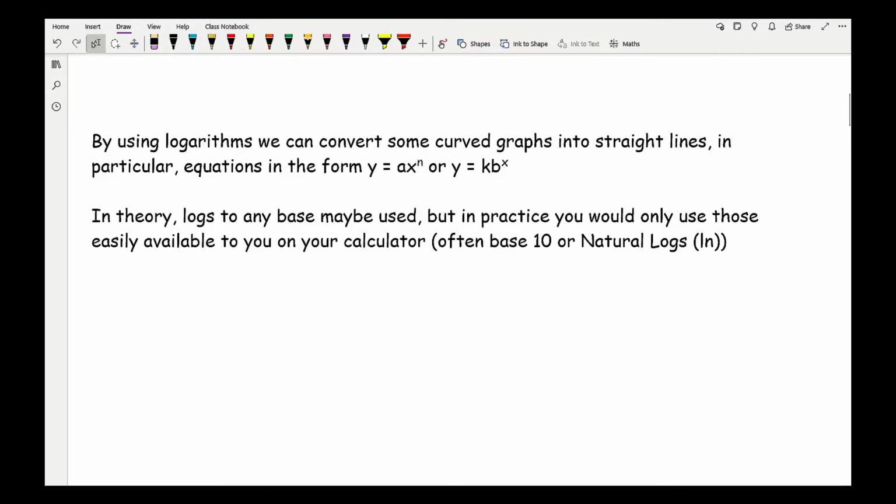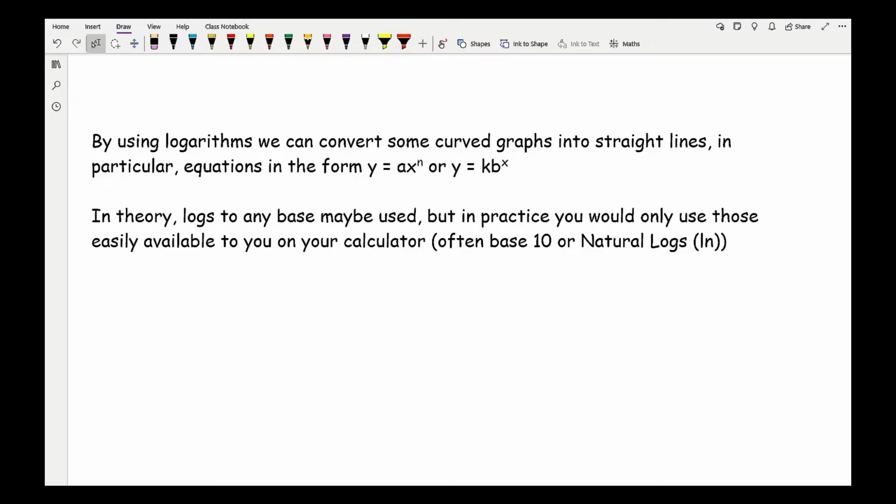Now by using logarithms, we can convert some curved graphs into straight lines, and in particular equations in the form of y equals ax to the power of n or y equals kb to the power of x. We're just looking at equations that follow that particular format, so we're not looking at, let's say, cubic polynomials, or a mixture of cubics and squares, just to the degree of 1. And also for exponential graphs, we're just looking at single term graphs of either